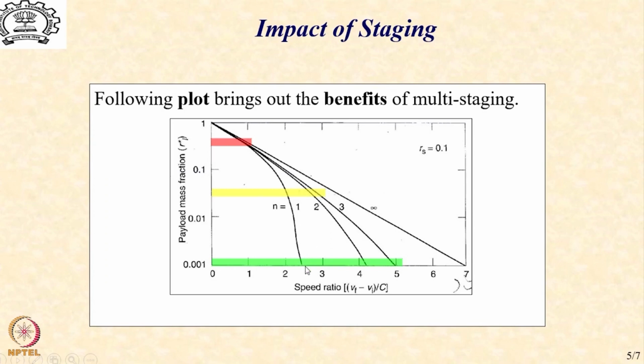But now I see another interesting pattern, that if I were to lower my payload requirement to, let's say, 1 kg per 1000 kg, with a three-stage operation, I can get a velocity which is almost 5 times the exhaust velocity, which is almost like saying 12 to 15 kilometers per second. It is way beyond escape velocity for interplanetary missions. So now you can see that from this picture,